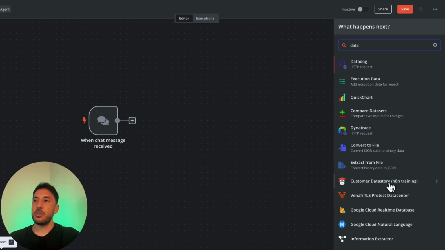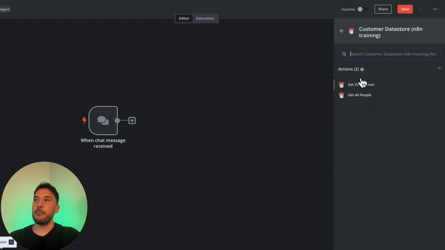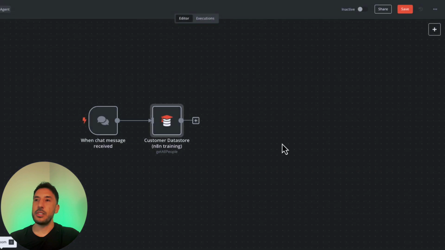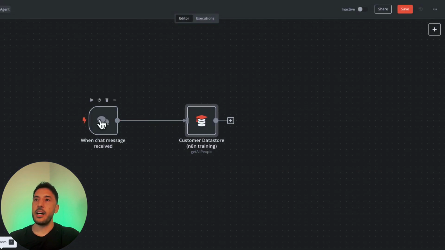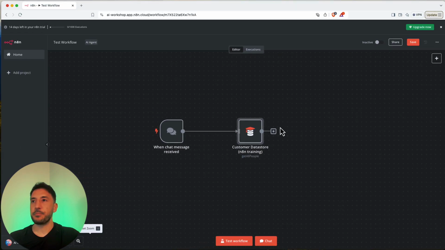This customer data store is an n8n training node, which is great because it gives you some pre-populated data that's already inside it, so you can interact with it. I'm going to click on that and click on get all people, and as you can see, it quickly added this to my trigger here.